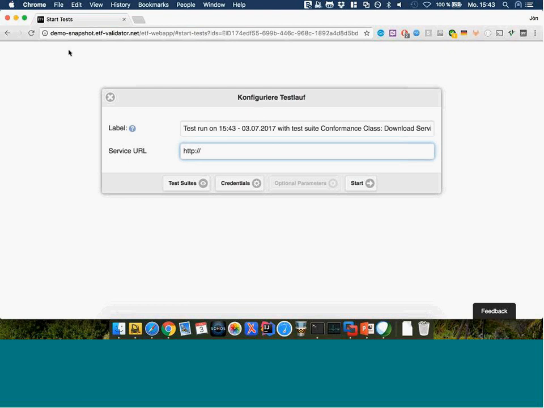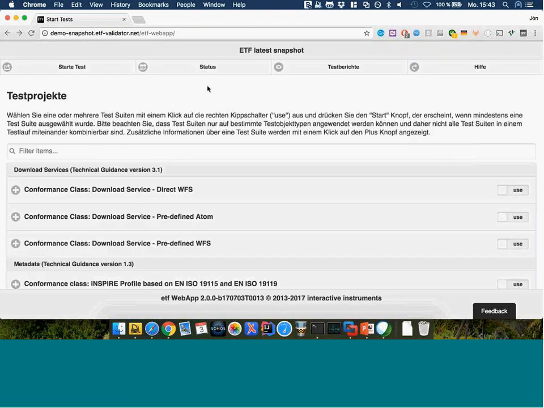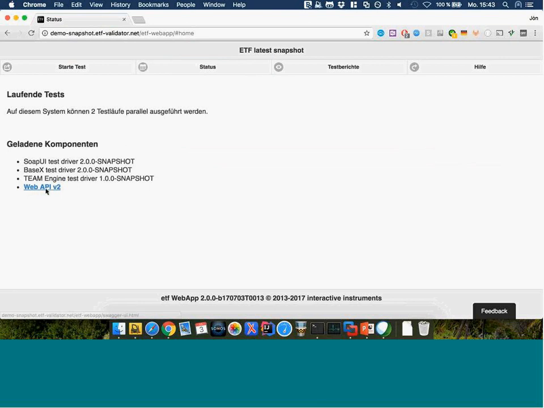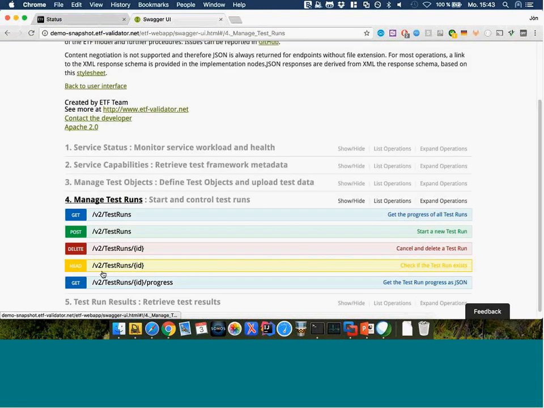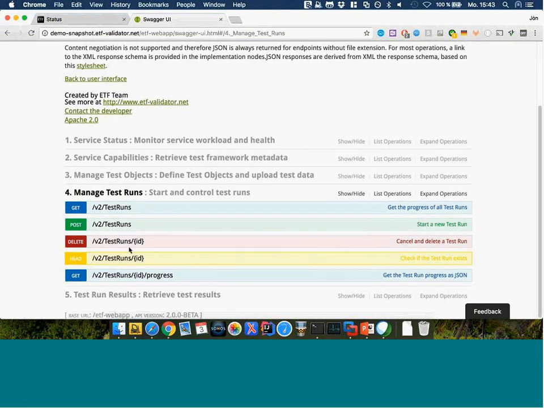And you also have a REST API for data that you can use to execute tests in the INSPIRE validator with a REST interface. Did that answer your question?